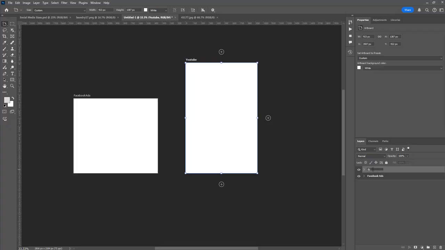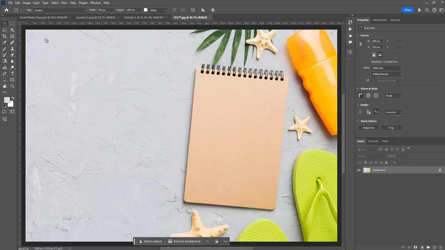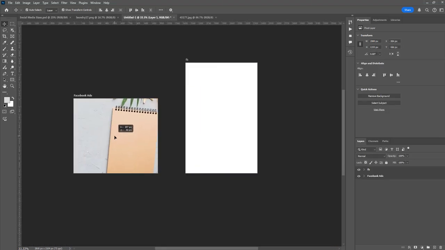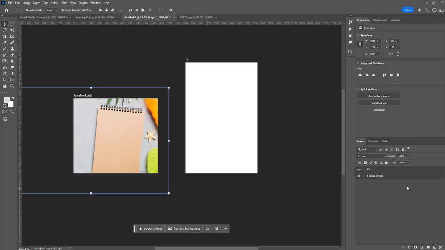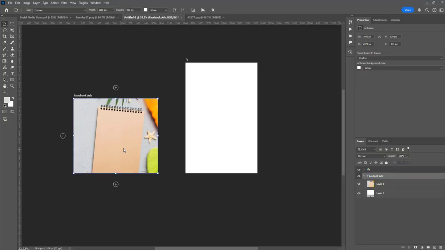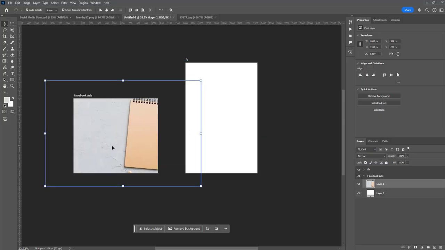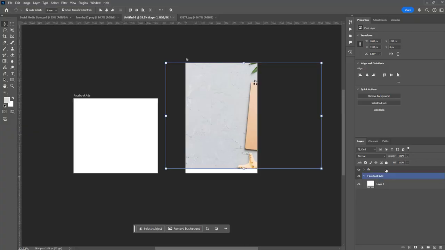So Facebook. For example, I have this image. So I am going to move that one here. If you move it here, it goes automatically to the Facebook ads. And if you move it here, it will go here.